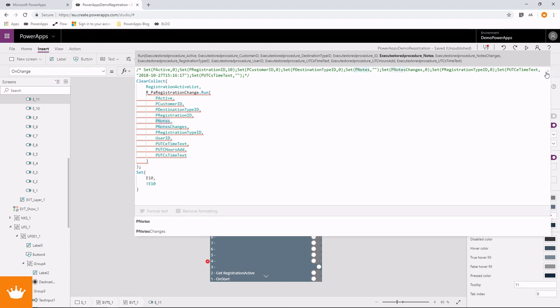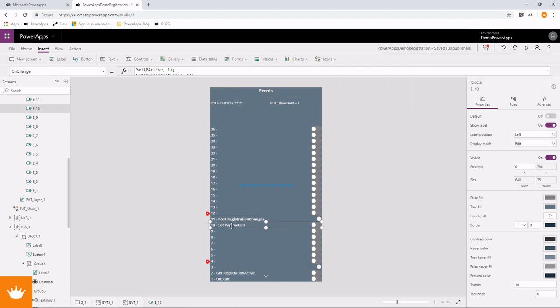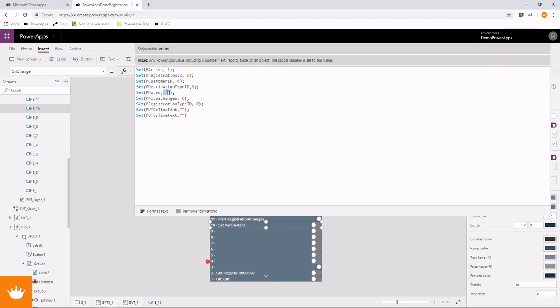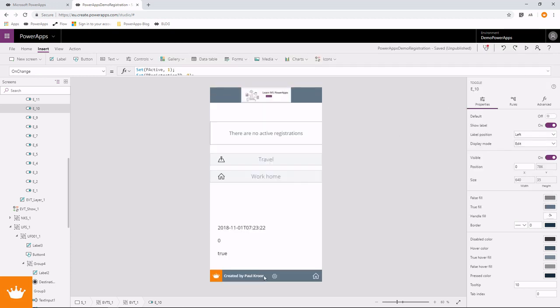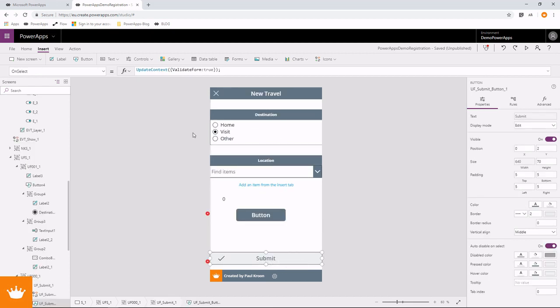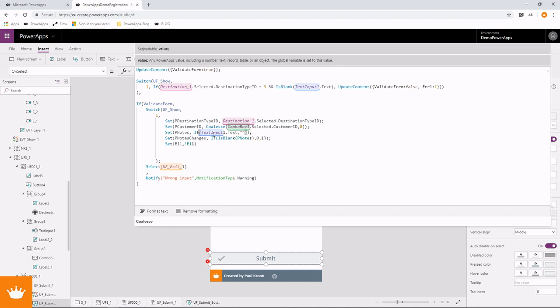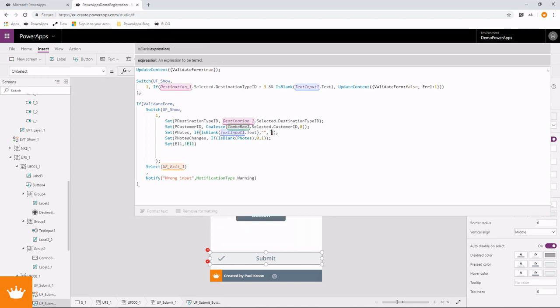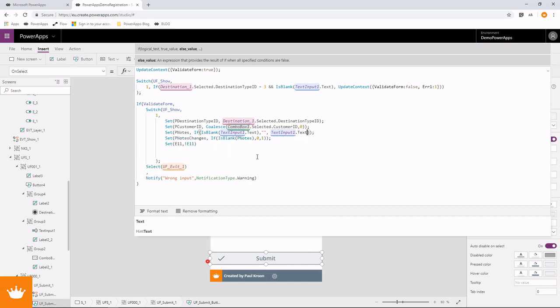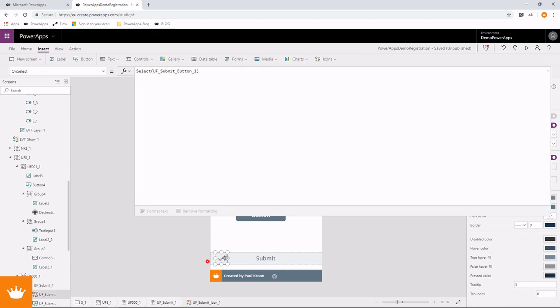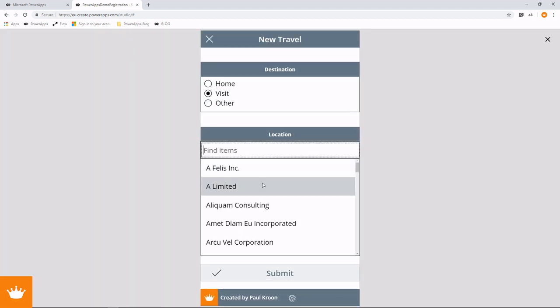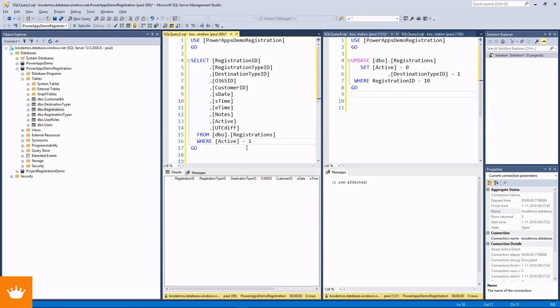And I think because the notes are an empty string now. And here we have notes put in as text. So I think what is happening is that we are putting in a null here because of this. So let's say then an if function, if is blank text input point text, then we want to put in a null, and else we want to put in the text input point text. Okay, let's see if it works like this. So let's pick a customer, submit, go to our